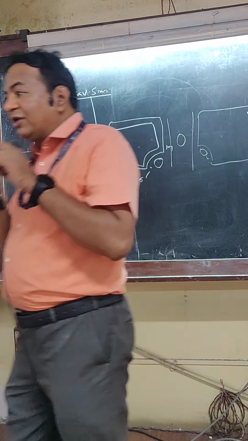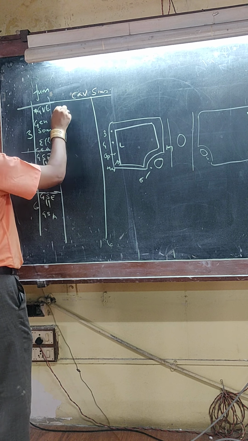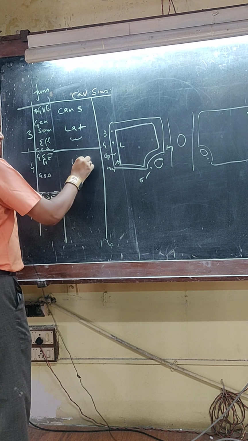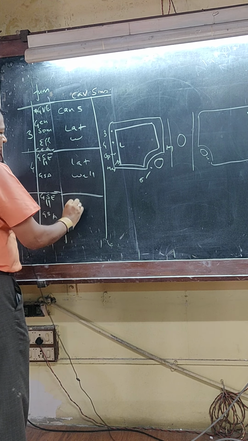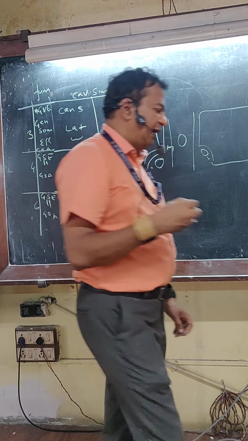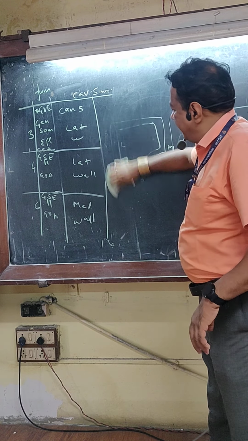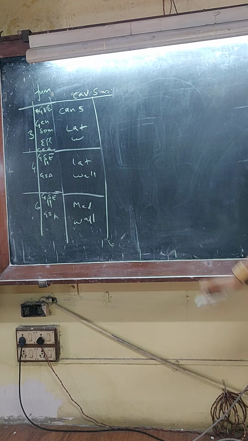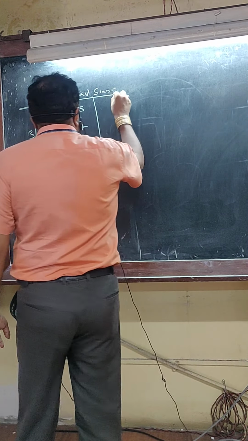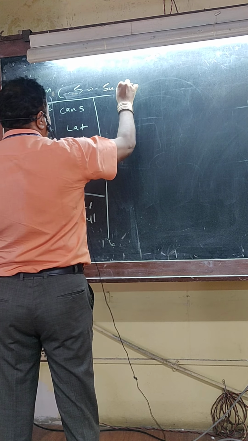So let us see, after passing through the interpeduncular cistern, they pass through the cavernous sinus: lateral wall, sixth nerve, medial wall. Okay? Lateral wall and medial wall. Okay, again I am going to make a flow chart for you, but firstly you understand this. From cavernous sinus they pass through the superior orbital fissure.